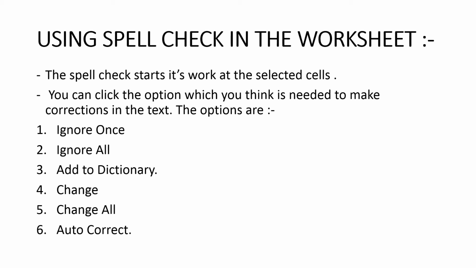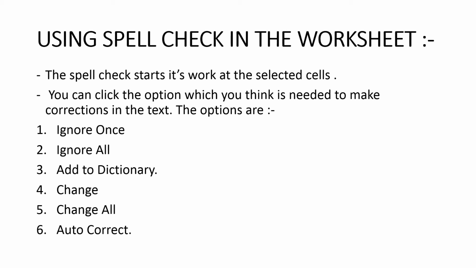But for the required cell on which you are using the spell check, in that cell it will show no error when you click on ignore once. Then second is ignore all. Clicking this button skips all the occurrences of the word in the worksheet. Whatever spelling is entered by the user, that spelling will be treated as correct, and ignore all means clicking on this button skips all the occurrences. All the errors of the word will be skipped. Okay, all the possibilities of that word will be skipped.